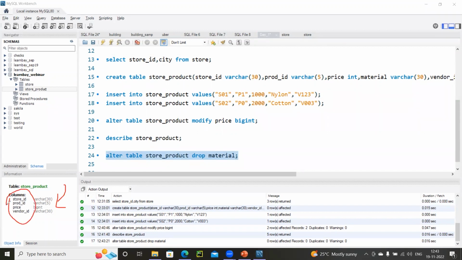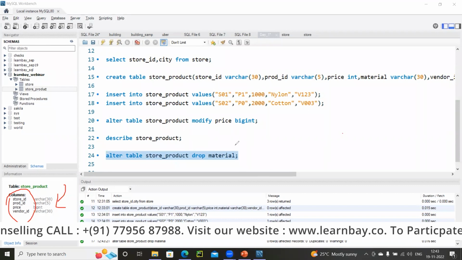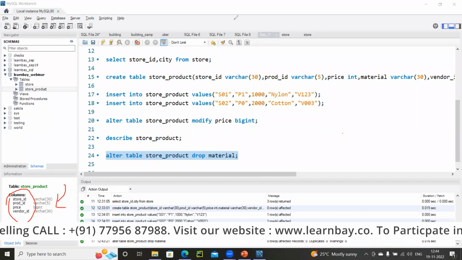No more material inside my table. Like this, if I want a particular column to be completely taken away from the table, then again use the alter command. Drop schema. Yeah, correct. Fine. Now that is with your alter command.